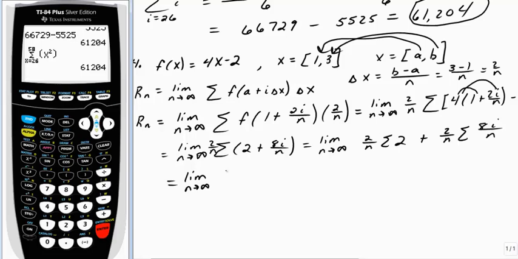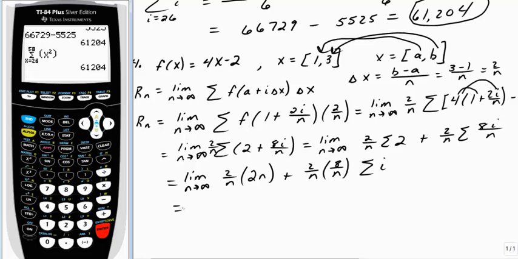My first term is going to be 2 over n times the summation of 2's, which is 2n, plus 2 over n. And then the second one, anything that's not in i can and should be factored out. I factor out the 8 over n, but then I'm left with the summation of i's. Well, fortunately, we have a formula that tells us what the summation of i's is equal to. Now, this first one